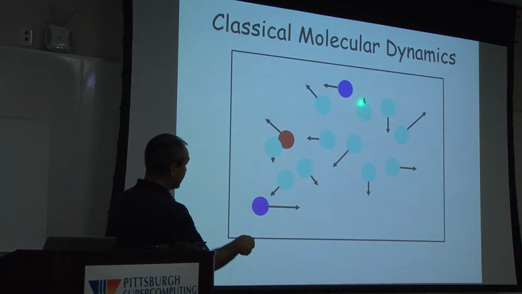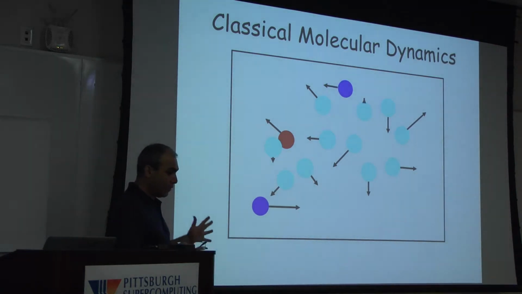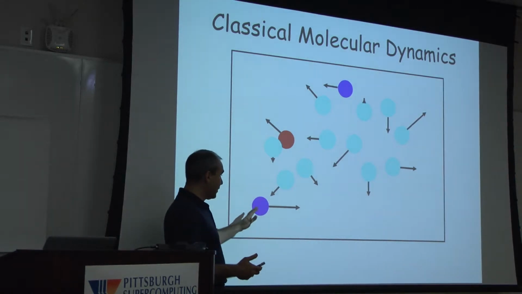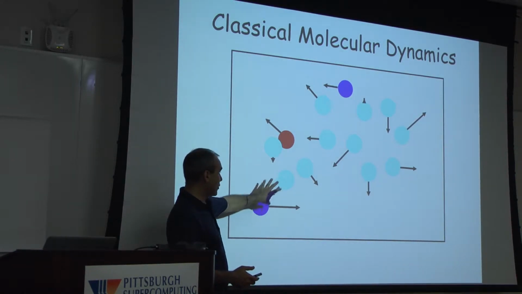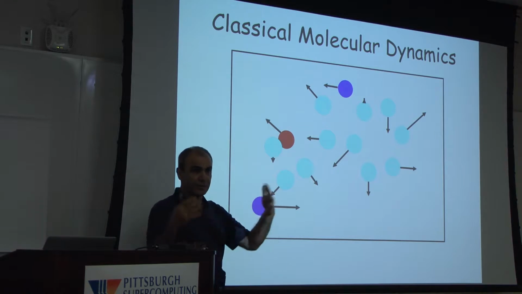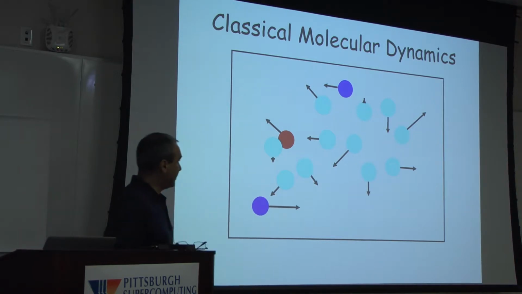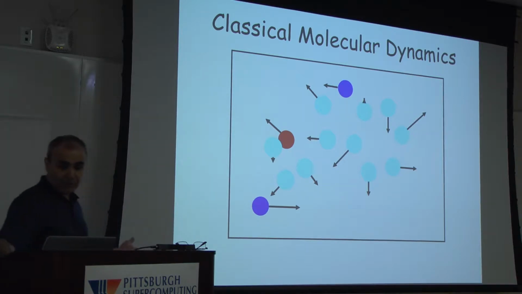So you have initial positions and initial velocities. And then the only thing that you need to do is to calculate how much force is acting on each atom, and based on that force, calculate acceleration, change the velocities, positions, et cetera, and you just propagate this into the system. So the only thing we need to do is to define the